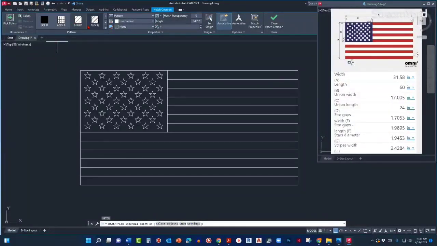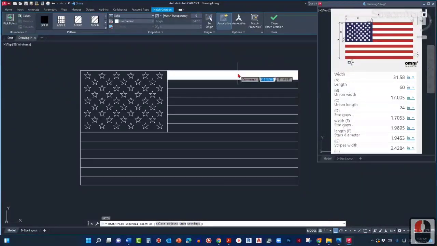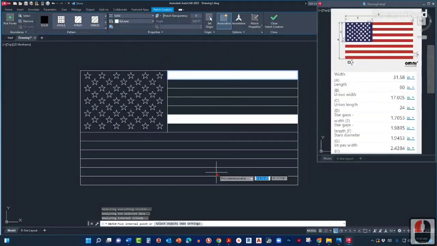So I'm gonna pick over here the solid, because again, these stripes are simply red solid color. So I'm gonna select solid, and then I'm gonna click my internal point, in this case these ones, and then